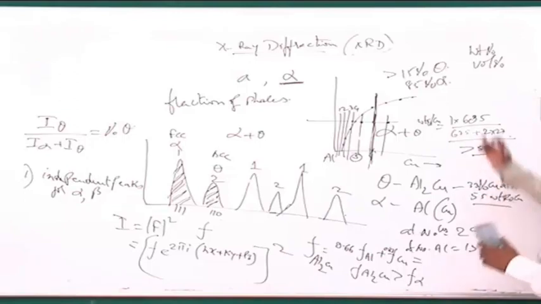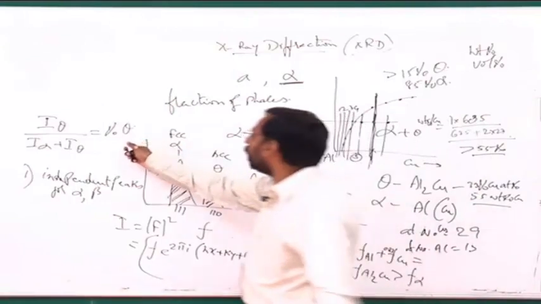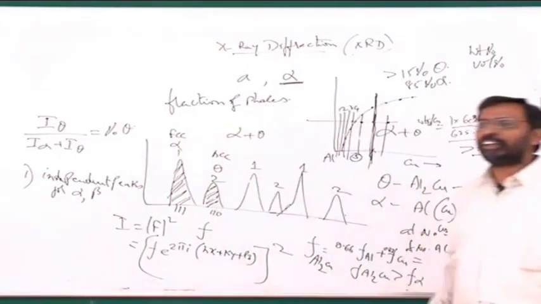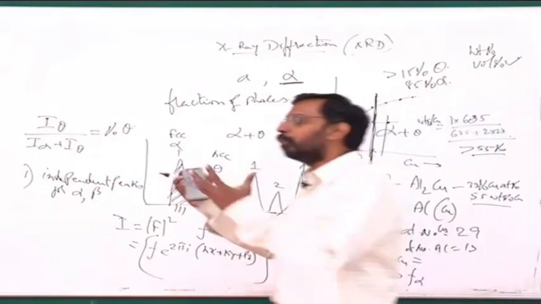So in principle, in an X-ray diffraction, what percentage do I get? If I am getting this percentage, what is this? Is it a volume percentage or a weight percent? Actually what you get in an XRD is the volume, because it finds out the total volume of the phase.